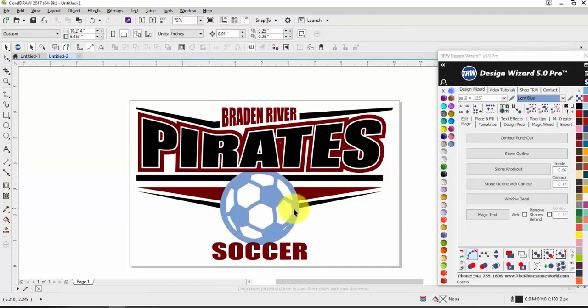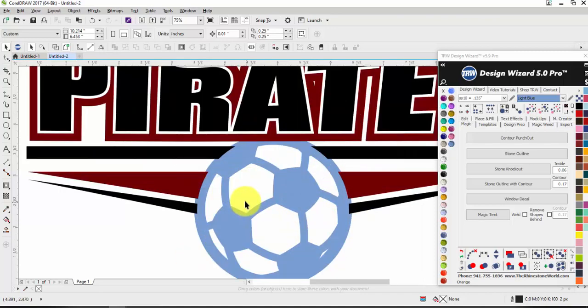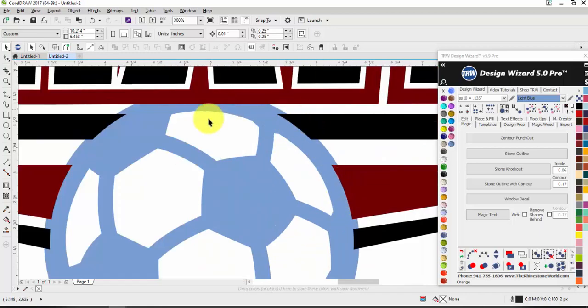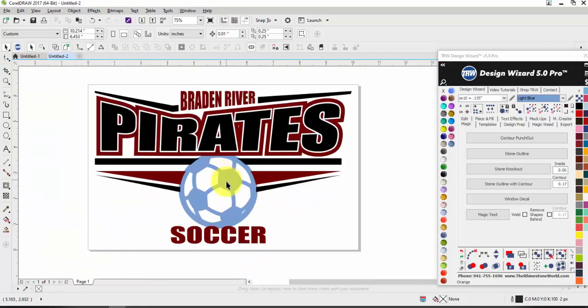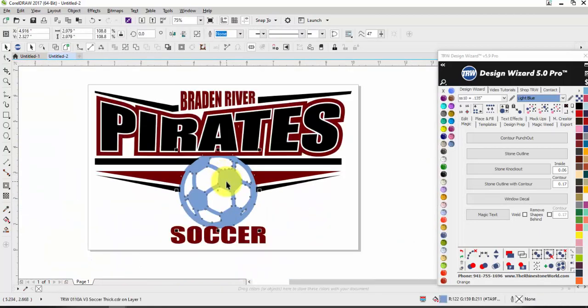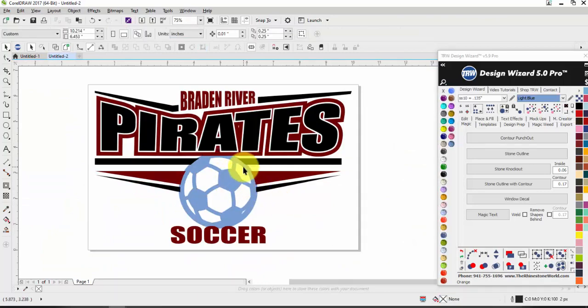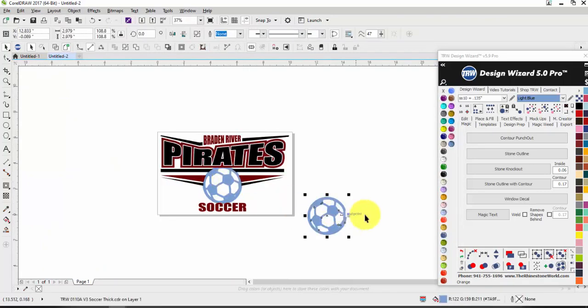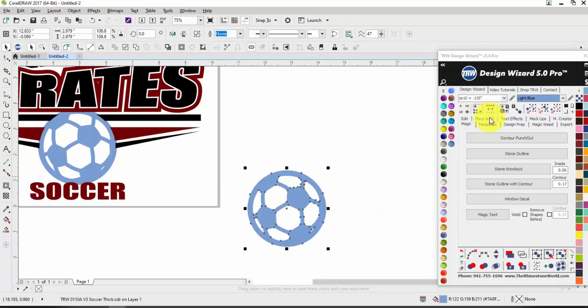So what I want to show you next is, this is why this tool is so nice. It's a 1-click button. It probably saves us anywhere from like 8 to 12 steps, because right now it's on the back layer. You can see how it's behind everything, right? So 1, it doesn't matter what layer it's on. 2, if I try to normally add rhinestones around a vector like this, if I don't create a boundary first,